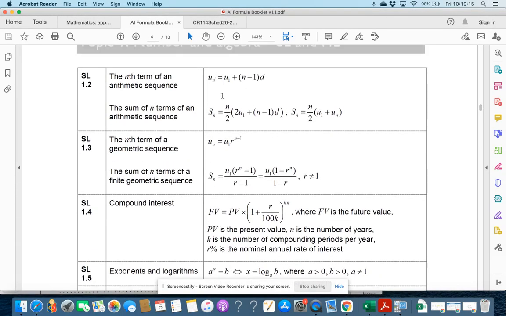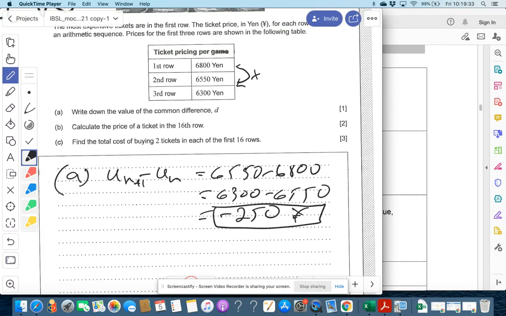We have these formulae here for terms in a sequence and the sum of the series of an arithmetic sequence. And it does say in the question, arithmetic sequence. So this is an arithmetic sequence. It wants the price of the 16th row. So we just take the first row from the formula, which is 6,800, and we add